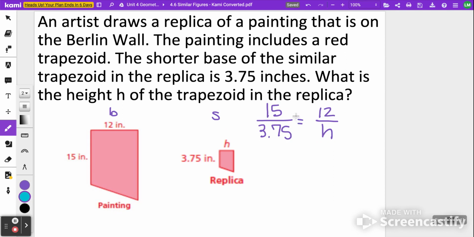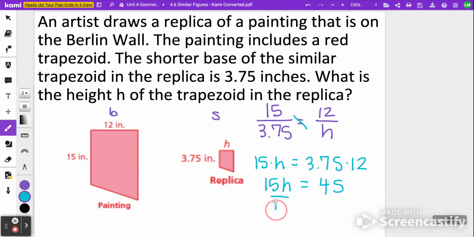Let's go ahead and cross multiply. 15 times h and 3.75 times 12. 15 times h is 15h, but 3.75 times 12 is 45. Dividing both sides by 15, I'm going to get my answer. h is equal to 3. Okay,